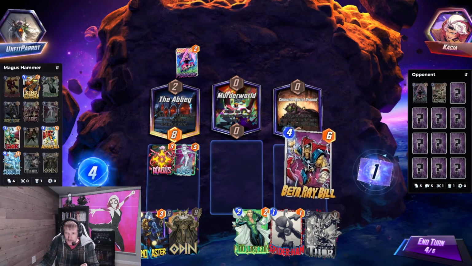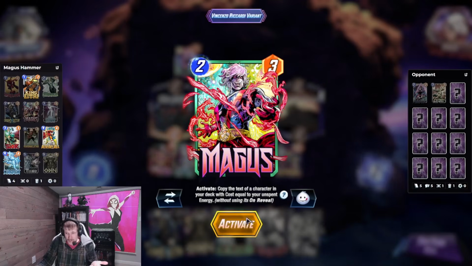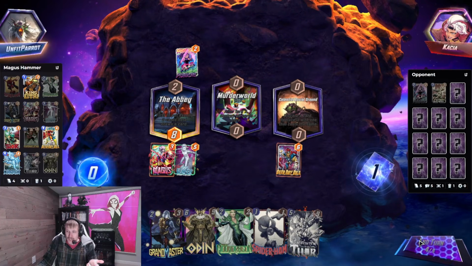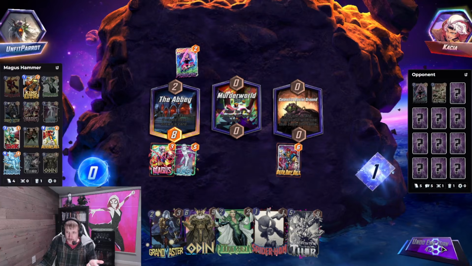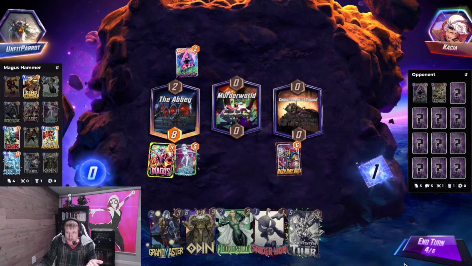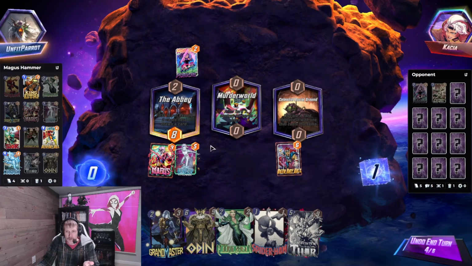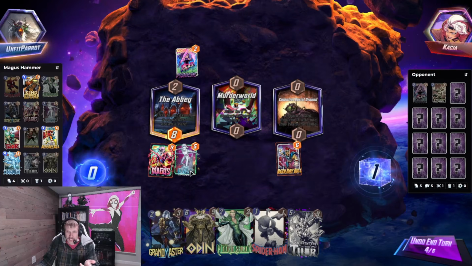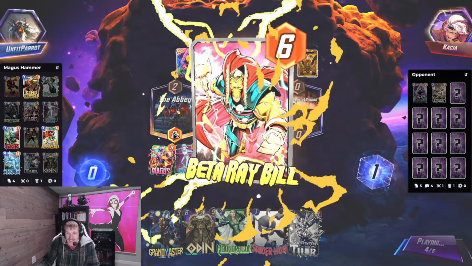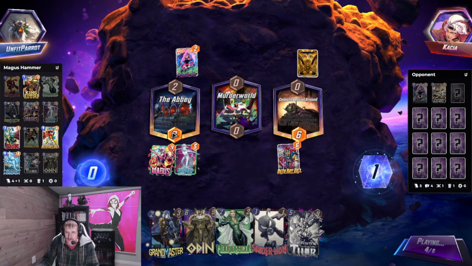So now what we can do is we can play Beta Ray Bill out. Obviously, this wasn't the one that was in our deck, but we do this. We play Beta Ray. Let me make sure I did this in the right order. You play Beta Ray, then you activate Magus. Magus then copies the effect of the hammer, and as long as we're winning left lane, it'll go off immediately. This is what the 2-cost Magus lets us do. Opponent has 5 energy, so